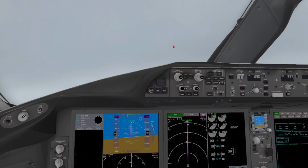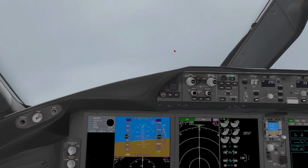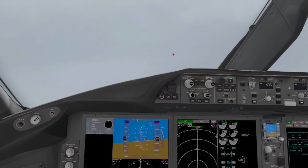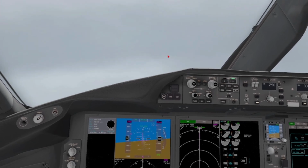Here we are. Maybe soon we'll be out of these clouds. Kind of a little too much, and we're losing our speed here, so we'll just...